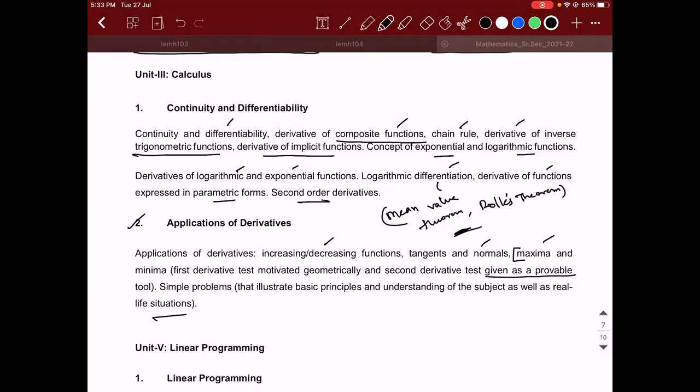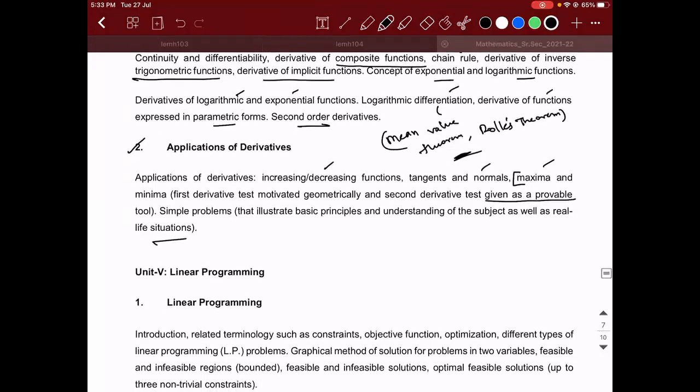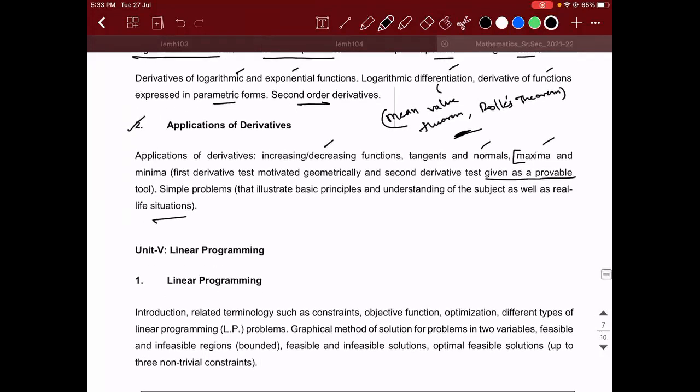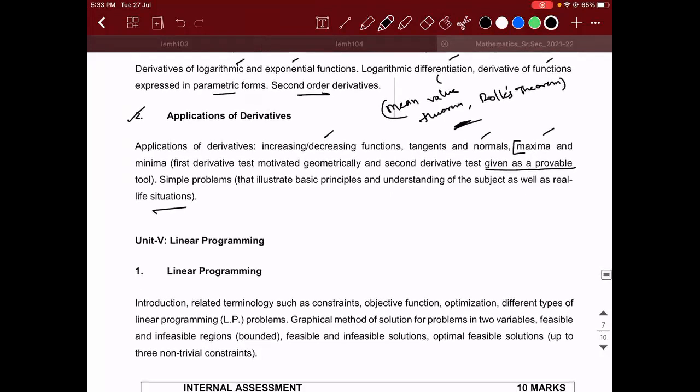So only the second order derivative test is there. The first derivative test is not there. How many exercises are removed in applications of derivatives, sir? Exercise 6.1 is not there. 6.2 is there. 6.3 and 6.4 are approximations, which are not there. Approximations were removed last year also. So it is 6.2, 6.3, 6.5.